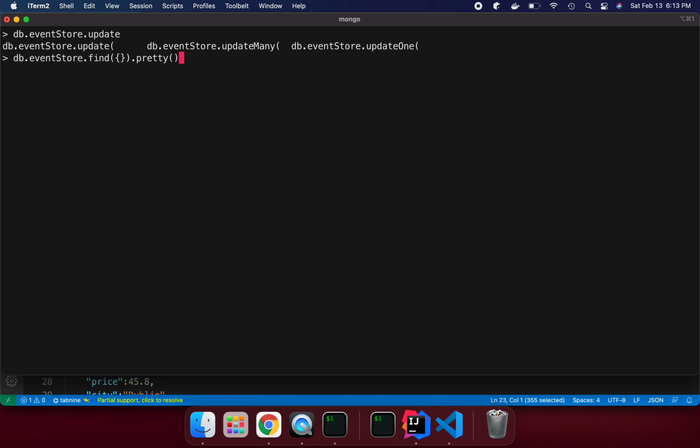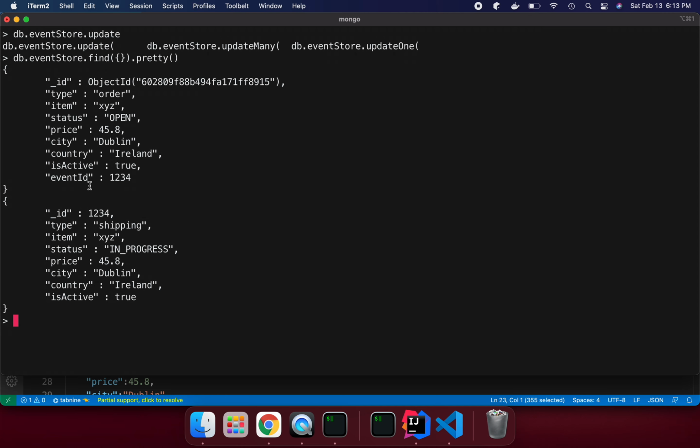So what are we going to say with update one? Whenever this ID is matched, 1 2 3, please add some field, some marker or whatever, like to be deleted. We want to add some new fields to the document whose ID is 1 2 3 4. So how can we do that?